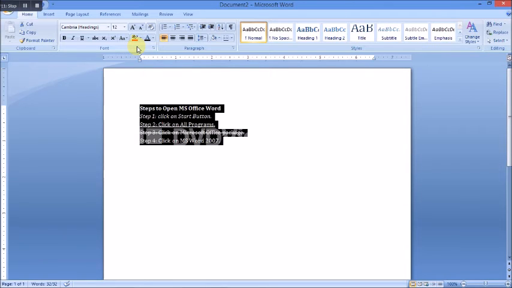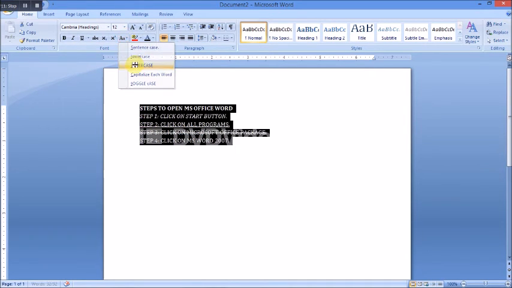If we choose sentence case, it is applied to a document we created earlier. Next is lowercase, so everything will be in small letters. Next is UPPERCASE, everything will be in capital letters.